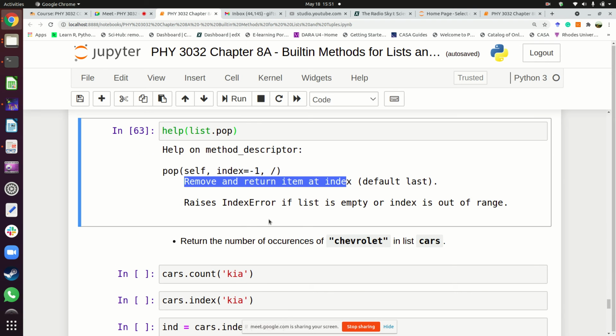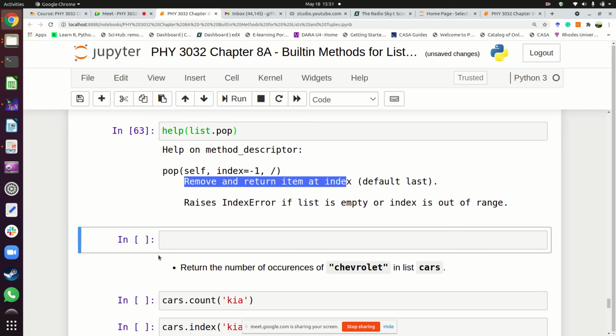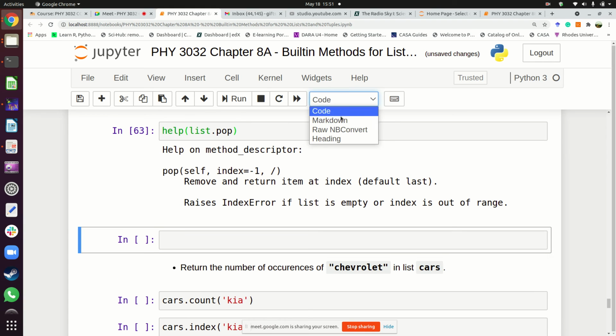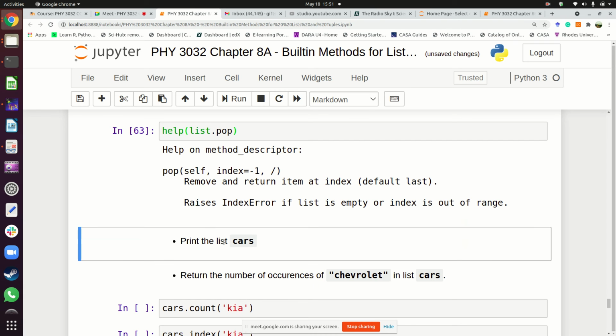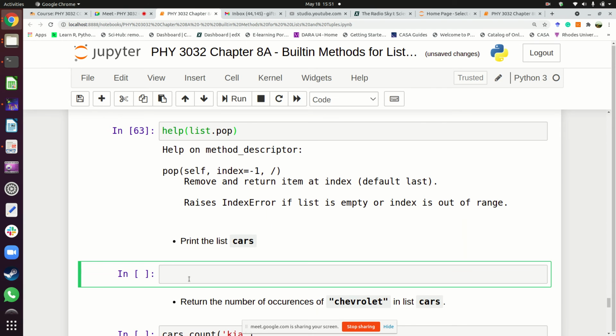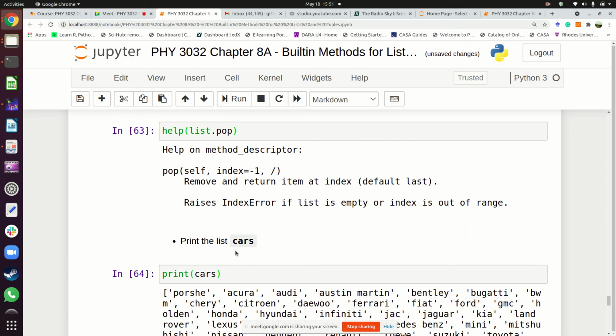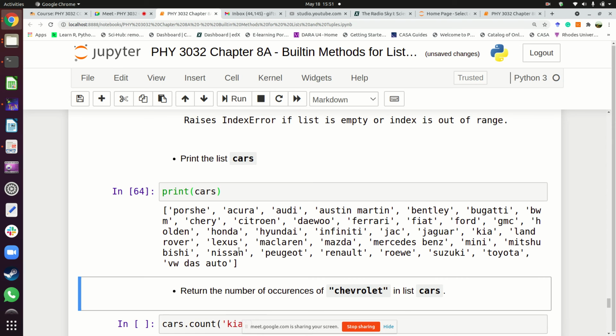So let's see an example. First, we're going to print out cars. We want to see what happens if we don't give the pop method an index. Print the list cars. There. So these are our cars. Now if you just say pop the last item from the list without an index,